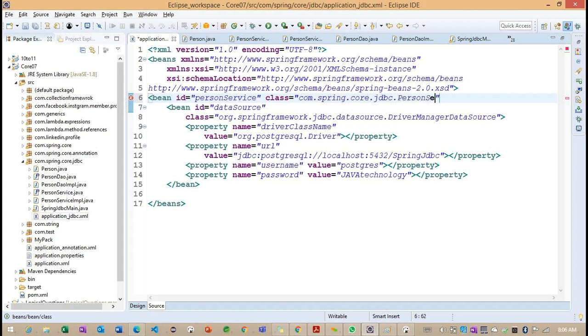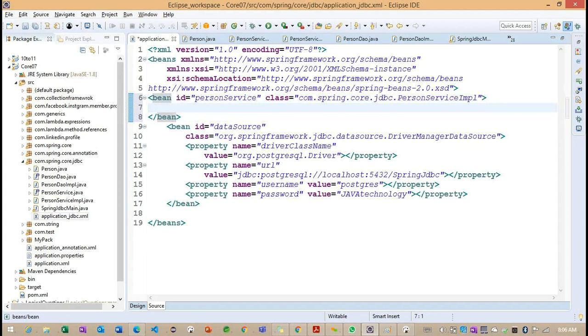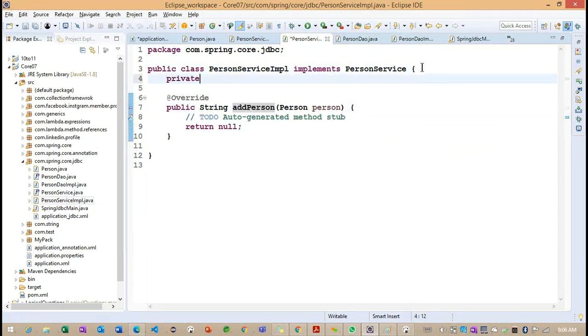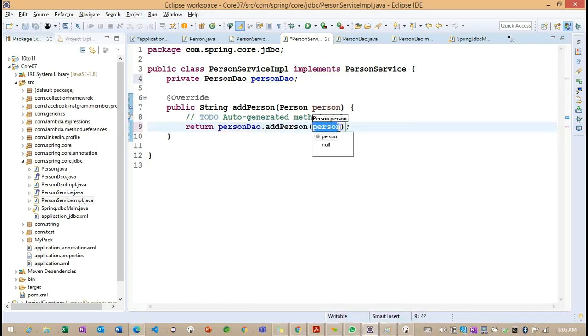What is the name of the class? Person service IMPL. And if you observe the person service IMPL, internally it will expect the person DAO, because from here we need to call add person.